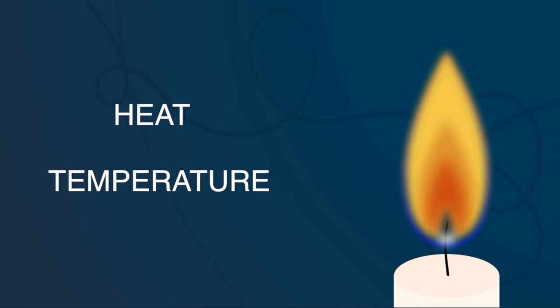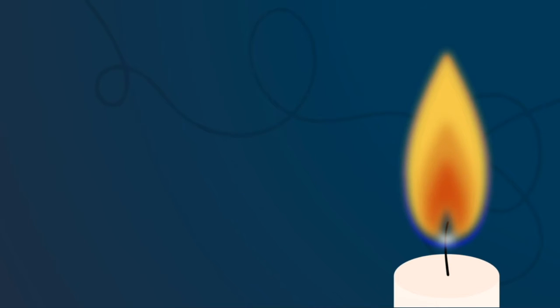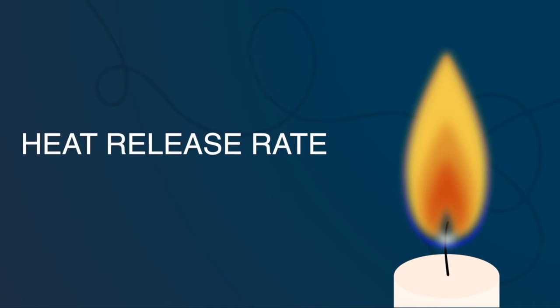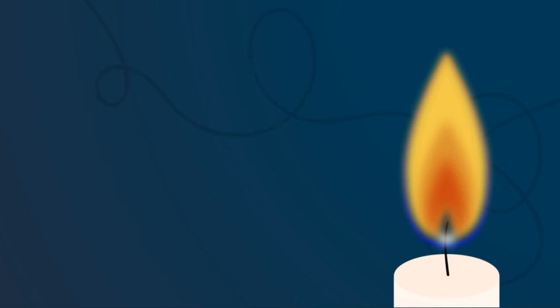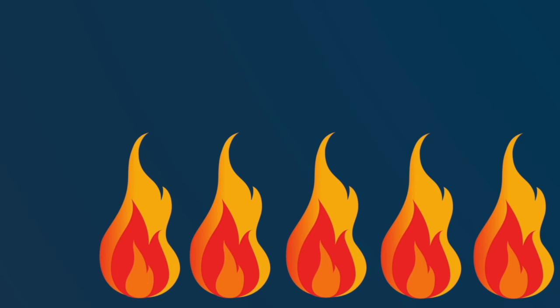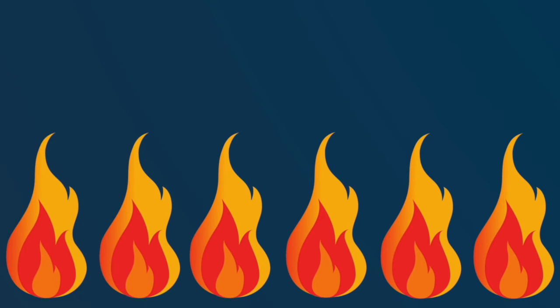The amount of heat given off by a fire is measured by its heat release rate. This measures the amount of energy given off per second when a fuel source burns, in units of watts. Rather than looking at the temperature of a fire, the heat release rate allows us to get an idea of how quickly a fire might grow in a building. The more energy a fire has, the more likely it'll be able to ignite other objects in a room and